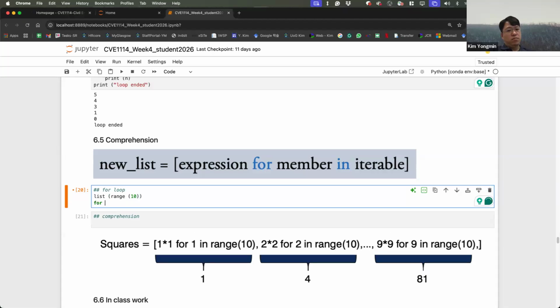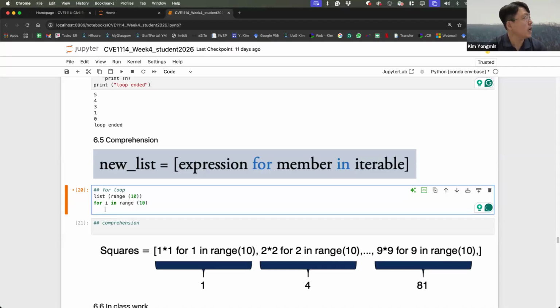For i in range 10, I'll put some iterative body: value is i times i.